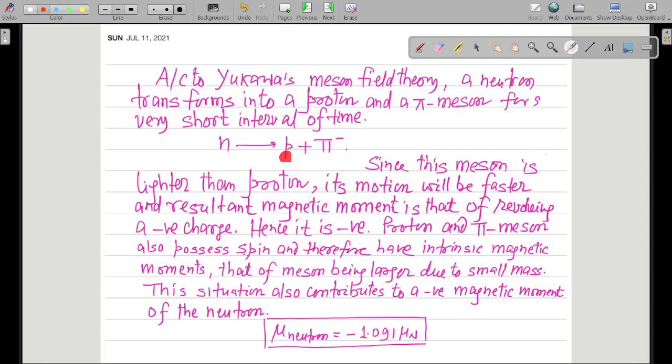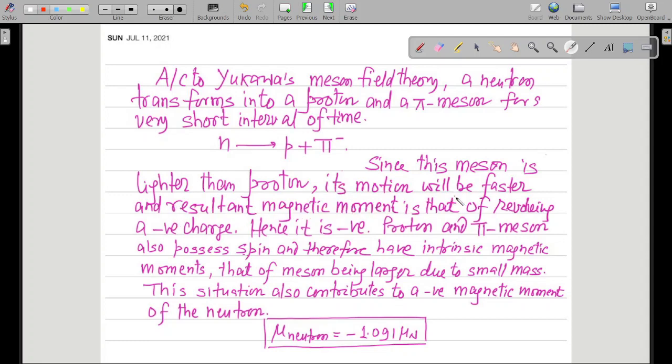So this is like a truck and this is like a ball in front of a truck. Whenever there is a collision, this is an example of collision only, right? So when the neutron was moving and it got split into a proton and a pion, the pion will have very high kinetic energy as compared to the ejected proton, because the pion has a very low mass. So this meson is lighter than the proton, very much lighter, so its motion will be faster,